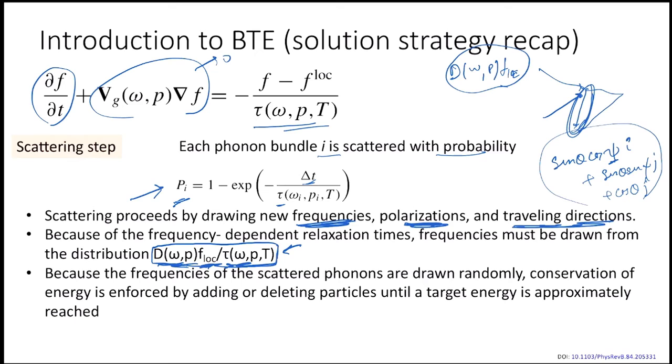Okay, so if we don't use the energy conservation formulation, which in this case is not energy conserving actually, then what would happen is we have to add or delete particles until this energy difference approaches this, like we have to keep adding or deleting the particles until we hit this target energy. So this target energy we are able to reach approximately. So that's what we had discussed in the last class, and that's what we were actually recapping.